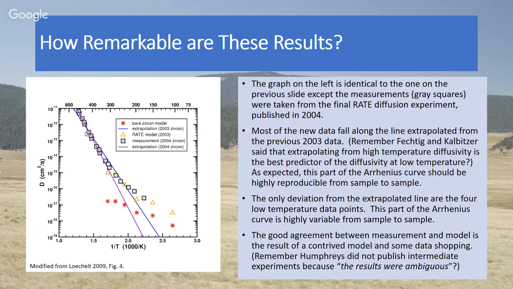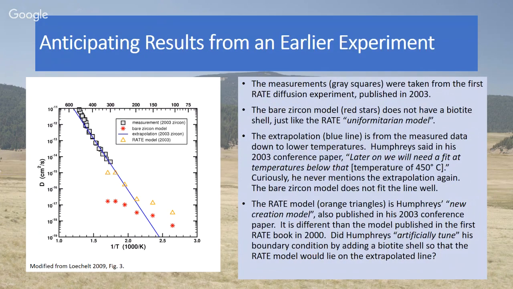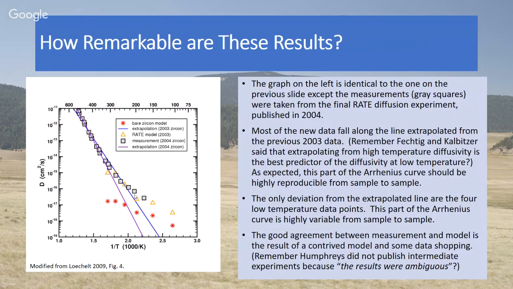Even if the slope, the high energy, high temperature part comes out very close, you see anomalies at the low temperature, because remember, Fenton and Koblitzer said this is where their model breaks down, and don't rely upon that data. So if you repeat the experiment enough, what are the chances of getting data to lie there? So to me, it's not remarkable at all.